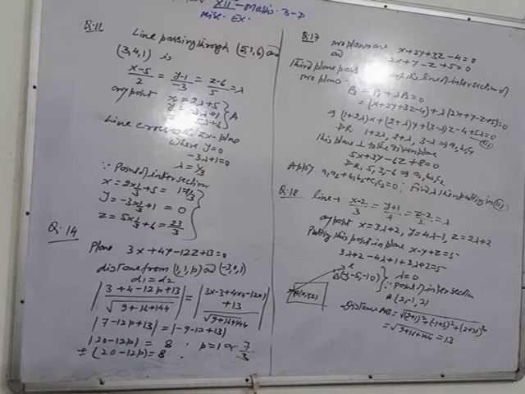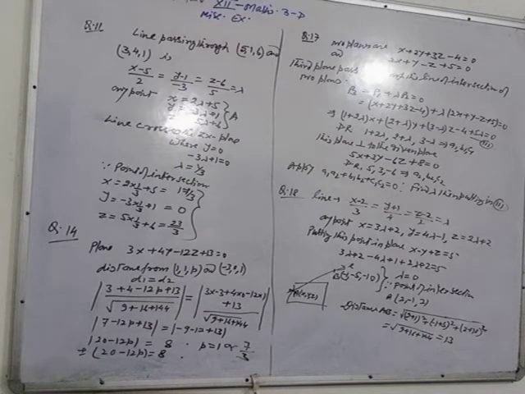Now see one more question. Question number 18. Here in 18, a line is given in vector form: the line passing through the point with position vector 2i minus j plus 2k and parallel to the vector 3i plus 4j plus 2k. So you can reduce it to Cartesian form. The line passes through the point (2, minus 1, 2) and is parallel to the vector with DR 3, 4, 2.